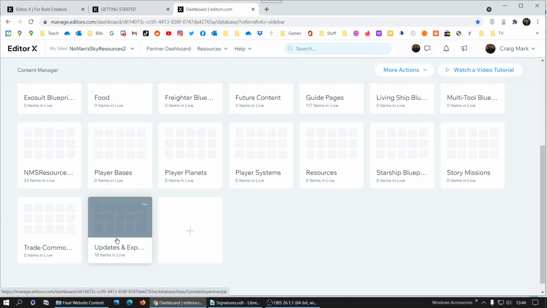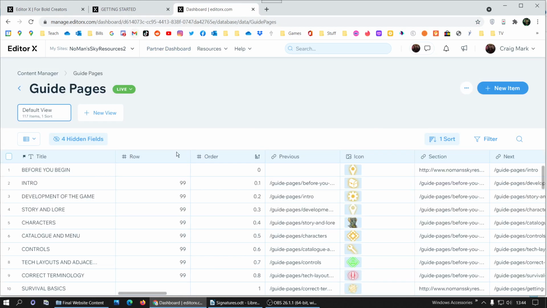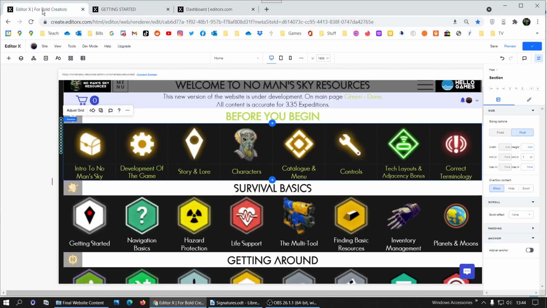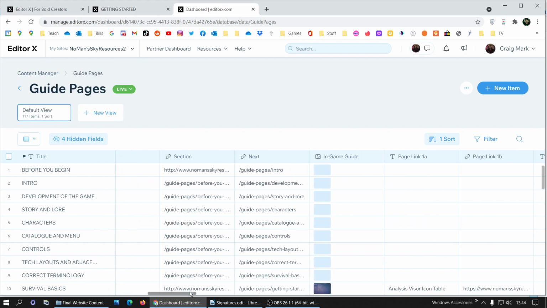So the updates one is there, it's got all of the content in it. I just need to create an all page and a title page for layout for each of them. But for now, guide pages. You'll see I'll be editing from the live, not the sandbox, and I'll just need to, when I'm next in the editor, transfer the live over to the sandbox. But hey, we're on before you begin,